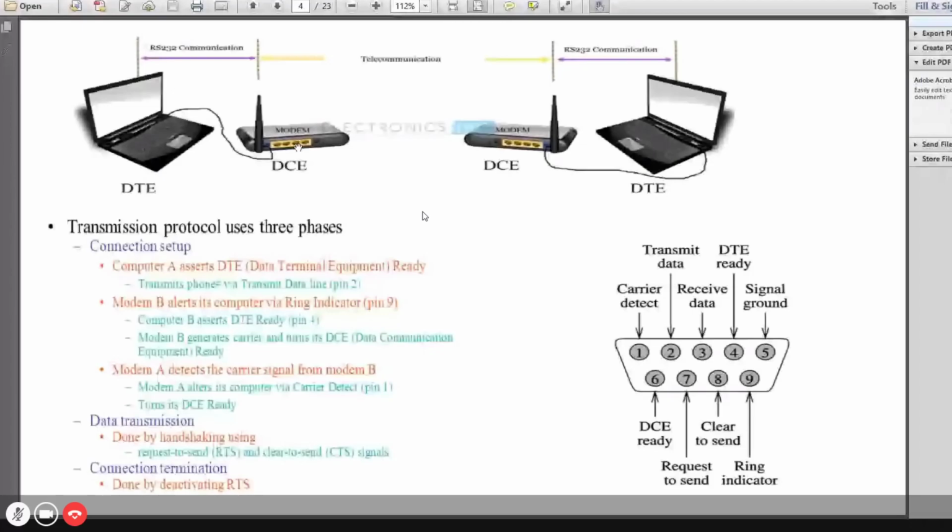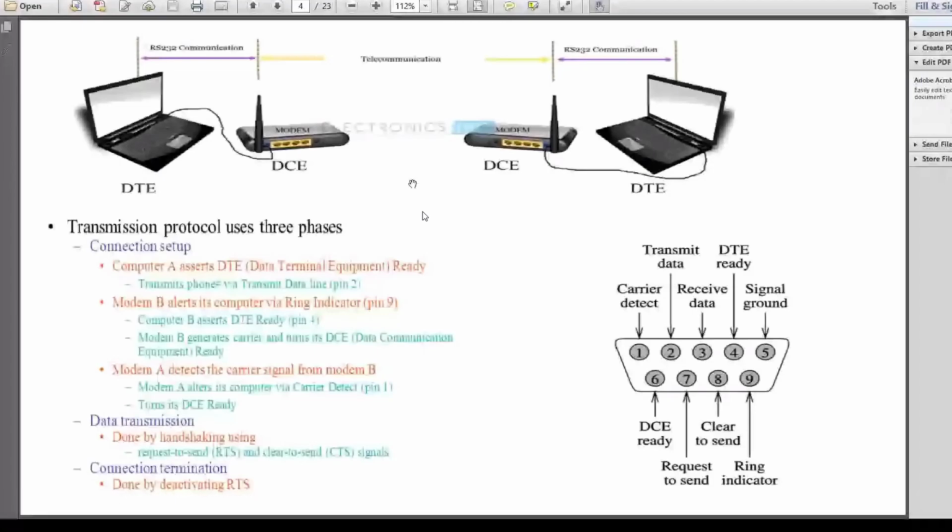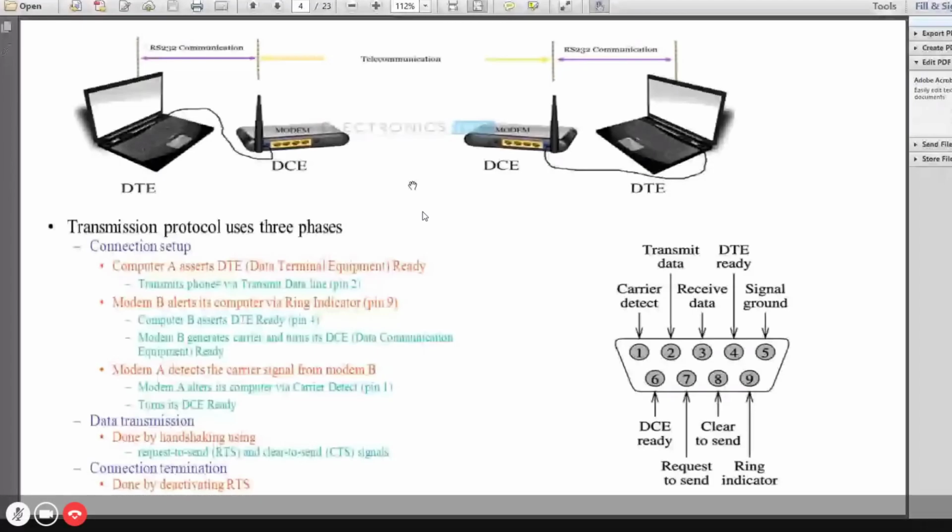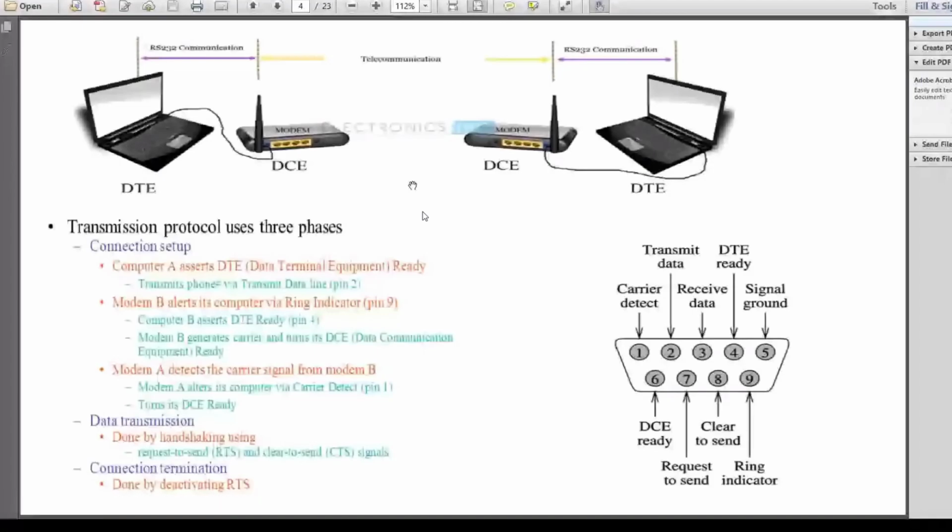Modulation is where the digital data, zeros and ones, are converted into analog signals. We have techniques like FSK, frequency shift keying, then PSK, phase shift keying, and many newer techniques have come, even for wireless communication, so that the digitally available signal is converted into an analog signal.